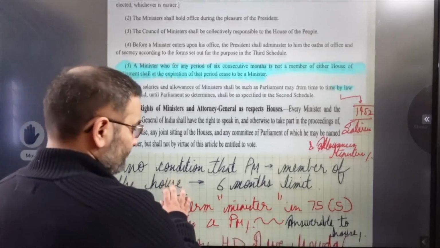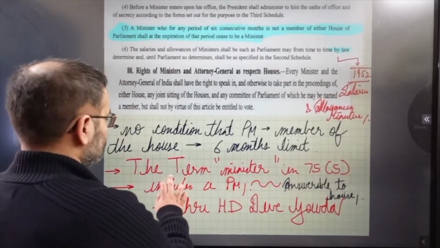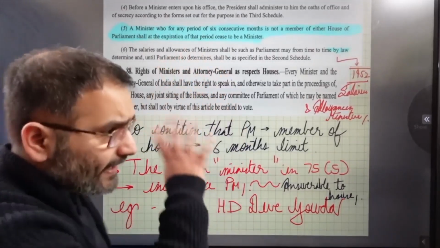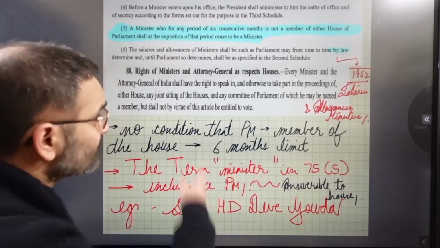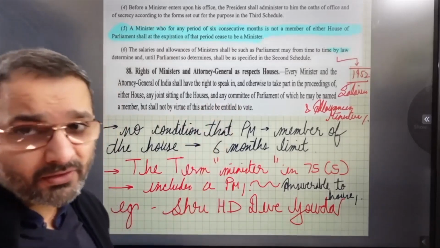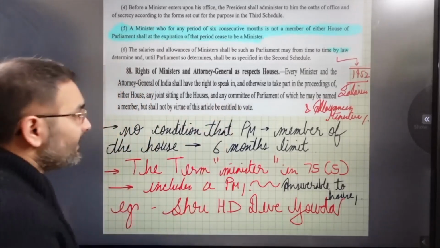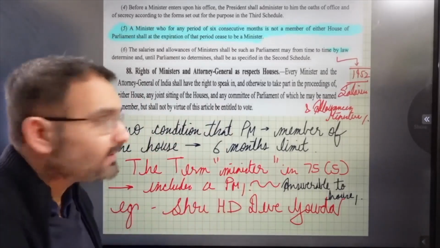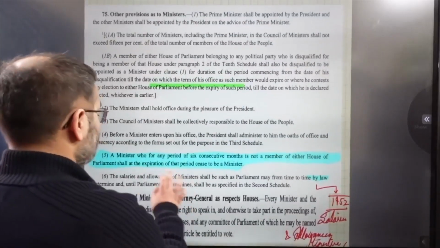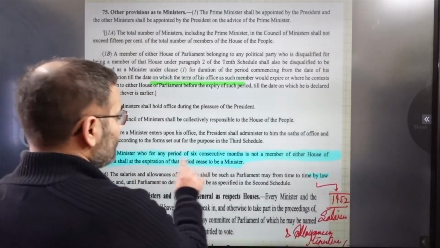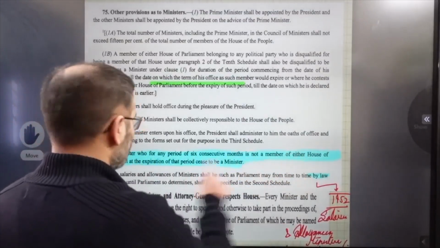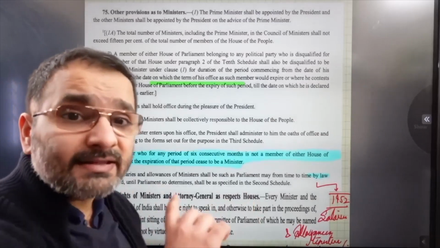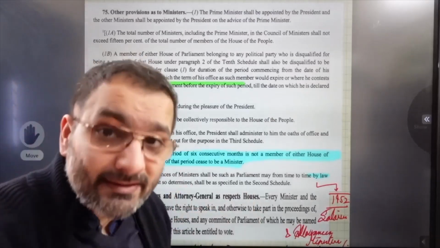Okay. Now, after reading Articles 75 and 88, when we combine both of these articles, and 88 again, I'm not going to get into it, we've already discussed the proceedings, there is no condition that the Prime Minister has to be a member of the House. Now, when we say a minister who for any period of 6 consecutive months is not a member of either House of Parliament shall at the expiration of that period cease to be a minister, does that include the Prime Minister? Yes, because